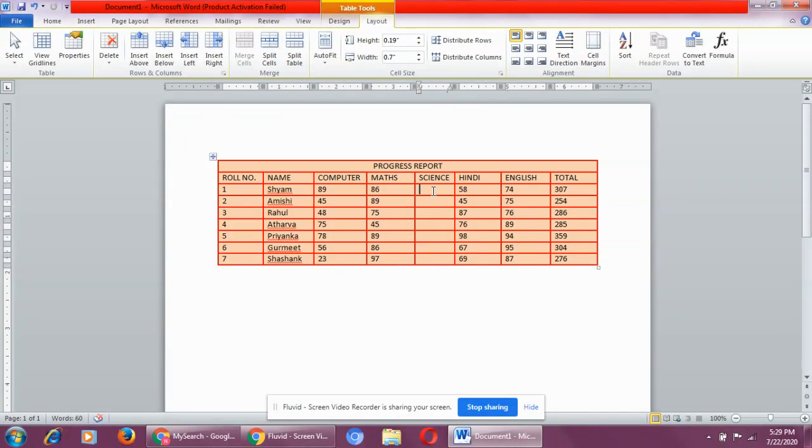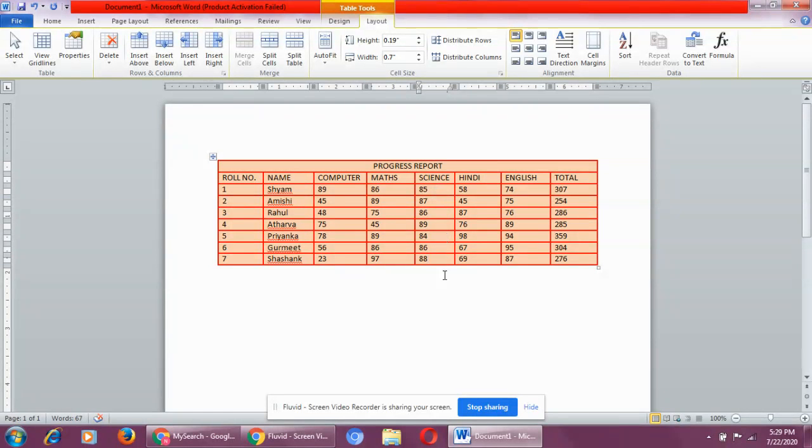Science. Okay. Now type science in the first cell of a new column, enter marks for each student and update the total and save the file. Again we'll enter the marks 85, 87, 86, 89, 84, 88, 86, sorry, 88.